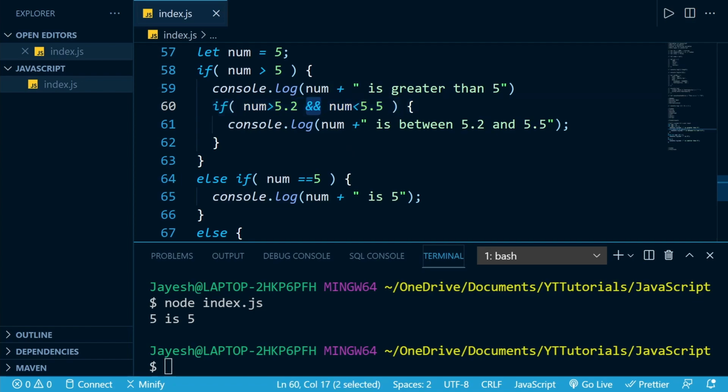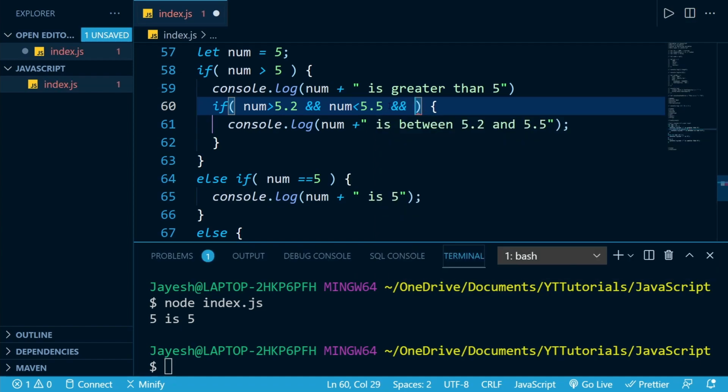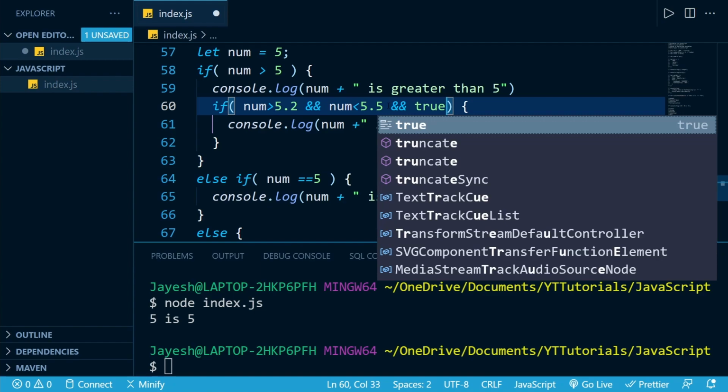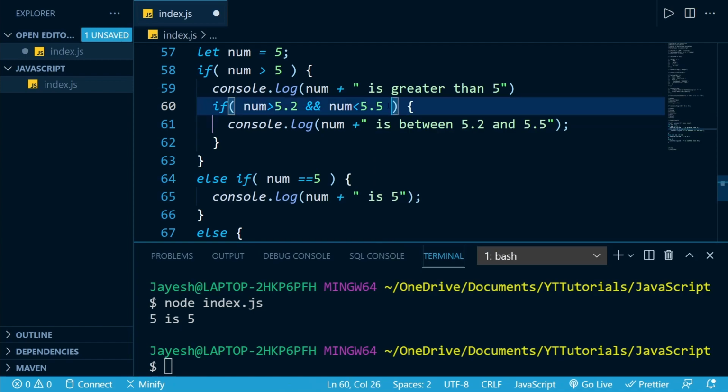Whenever we use the AND condition, all the conditions involved, and for example if we had another boolean condition, that should also return true. If either one of them returns false, our whole statement will be false.